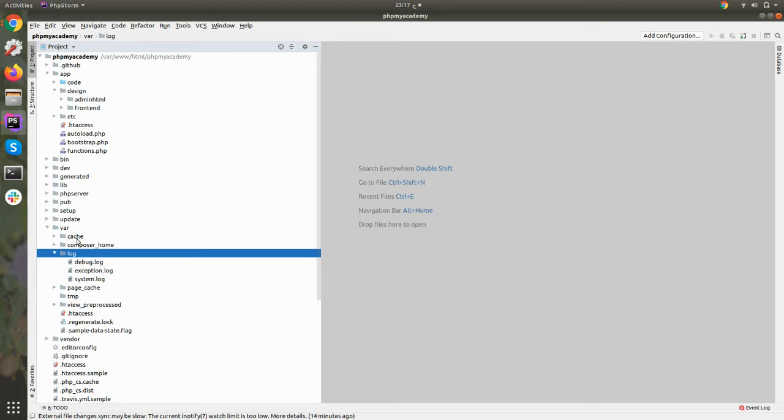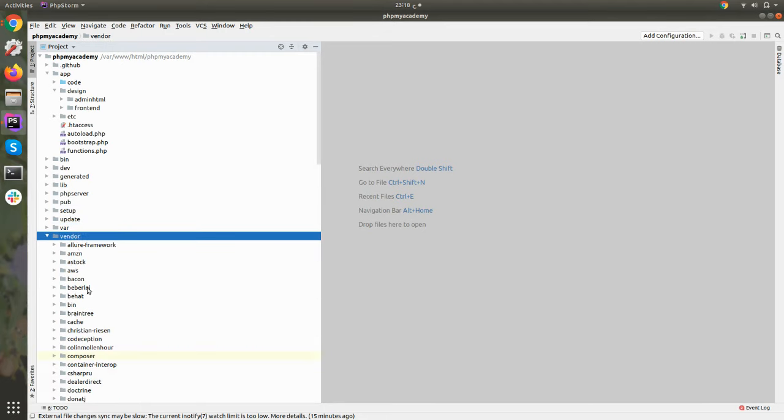And if you are running your application, obviously you are using cache, so your cache will be stored here. If you are developing any modules, it is highly recommended that when you make any changes, you clear your cache using the command line or from the Magento admin to check your changes.